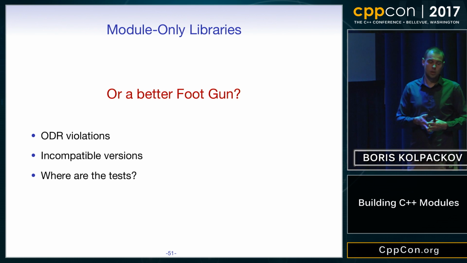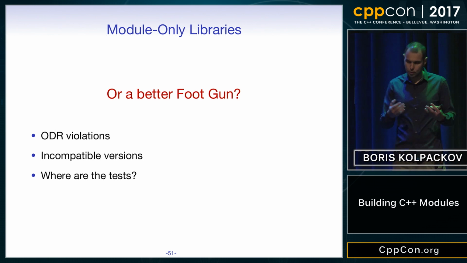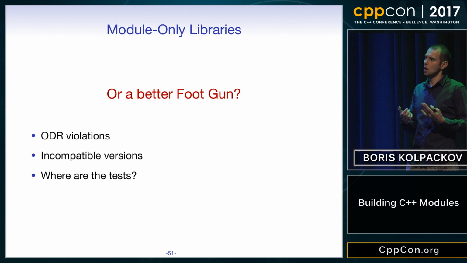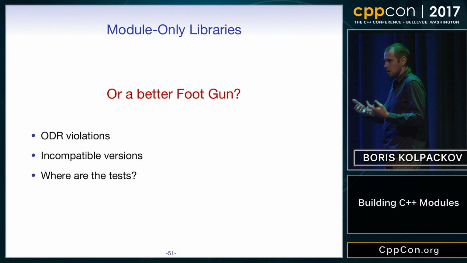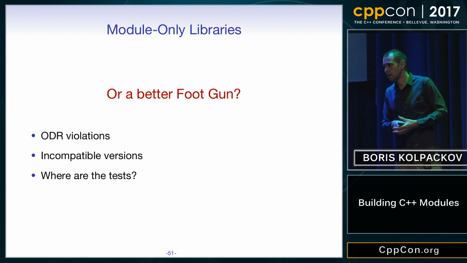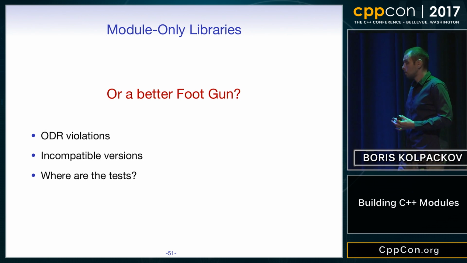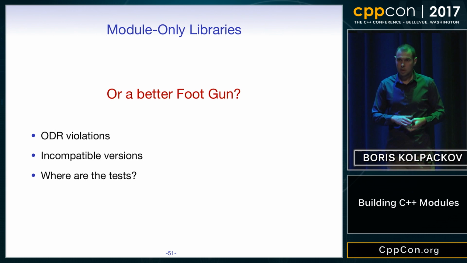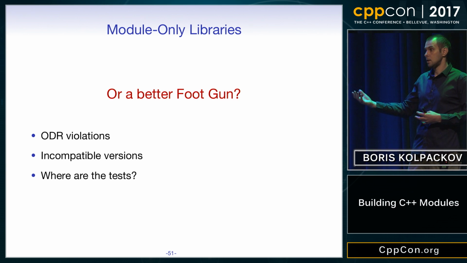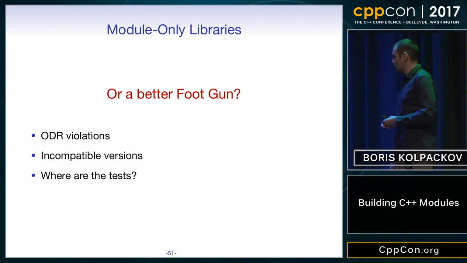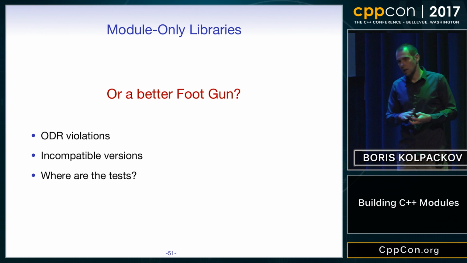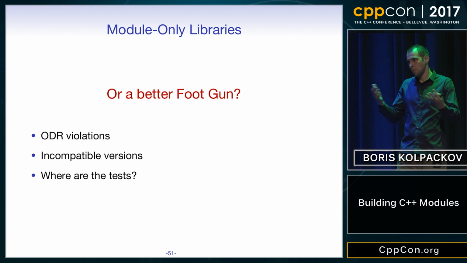The ODR rule is still in play. We still have to make sure that only a single definition of any non-inline function or variable ends up in the final program, in the final binary that we are building. Also, what about incompatible versions? Let's say you have a library that is using a module, you might not even be aware, and you yourself are using some module-only module, an interface-only module. You might have worked around its duplicate symbol issue,